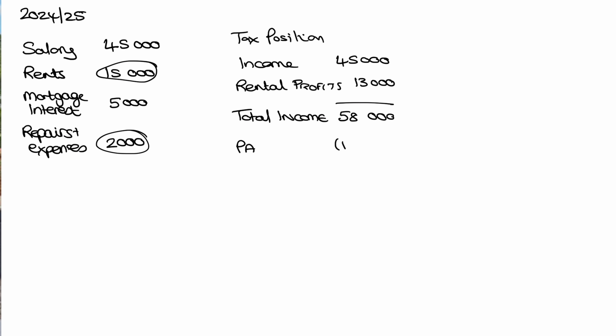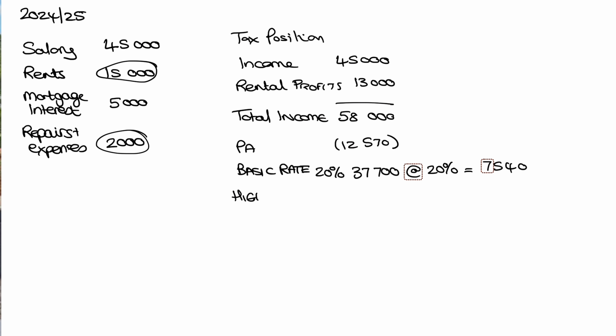So now when we come to our tax calculation, we're going to take off our personal allowance of 12,570. We are going to be taxed at the basic rate of 20%. 20% for 37,700 at 20% equals 7,540. And then we've got some at the higher rate of 40%,